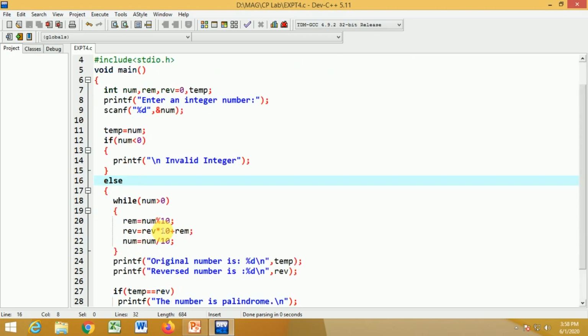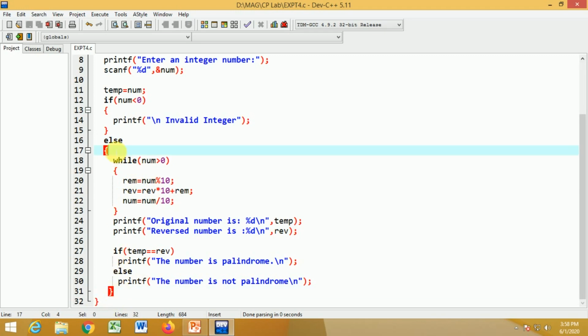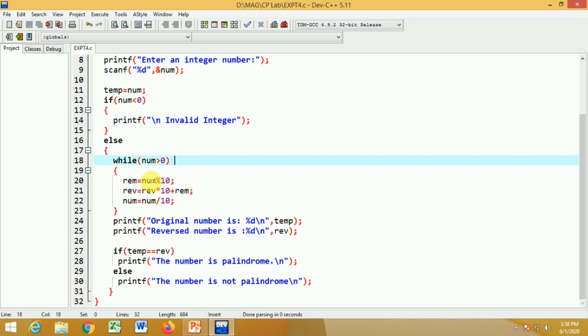After this, in the else part, else means if this condition is false, then only this will be executed. Meaning if num is not less than 0, if num is a positive integer, then only this else part will be executed. So the actual code to reverse the number and to check for palindrome is present in this else block. You can clearly see the else block starts here and it ends here. After this else, we have the end of the program. So this entire heart of the code is present in the else block. This is not present in the if block. So in the else block, again we have to now reverse the number.